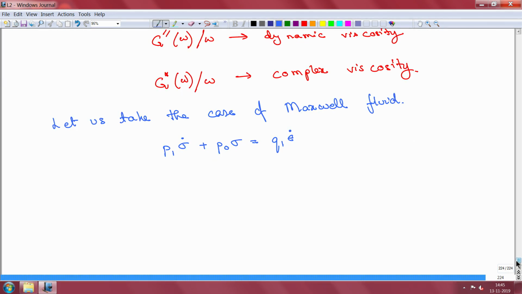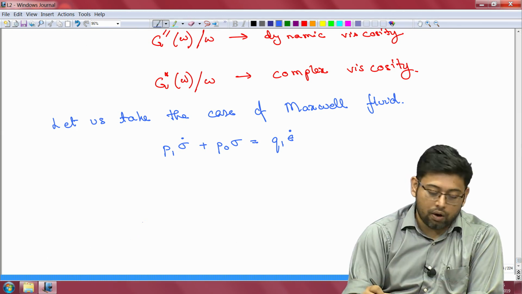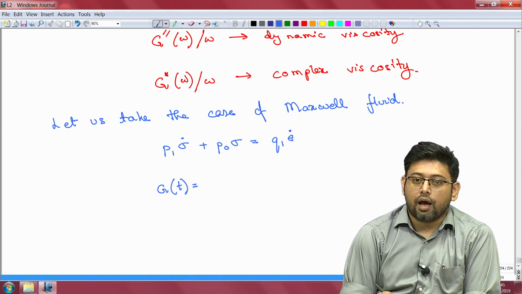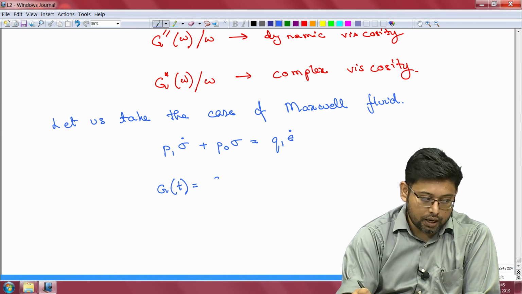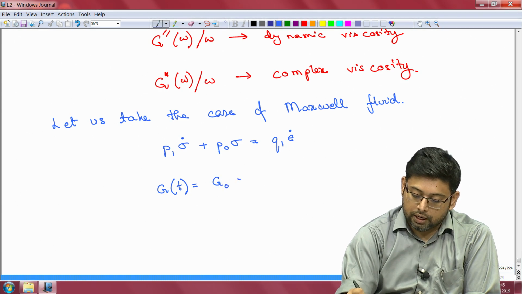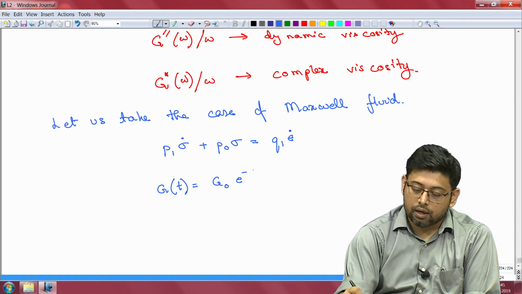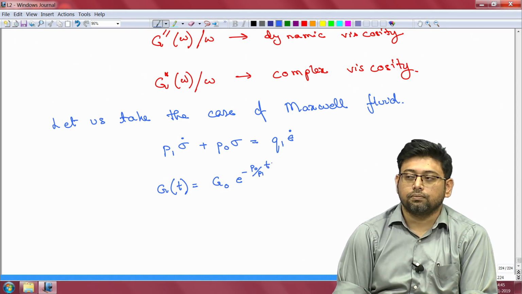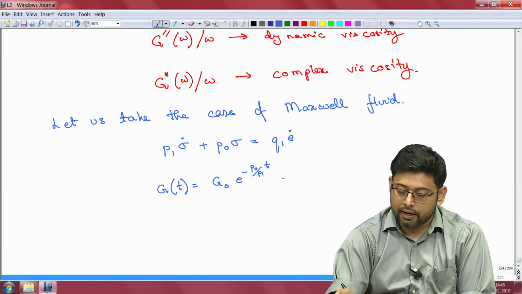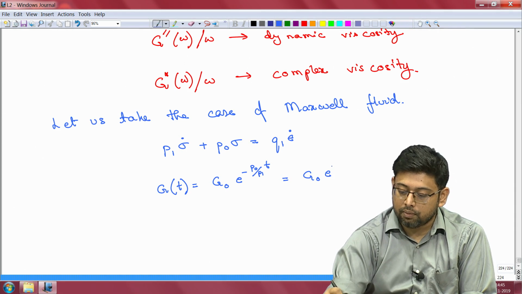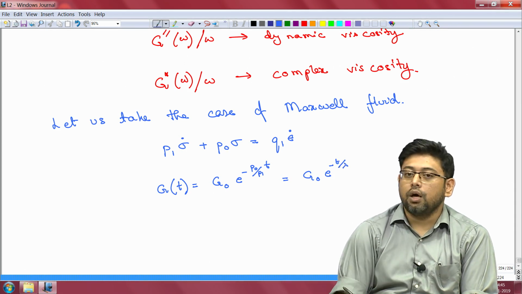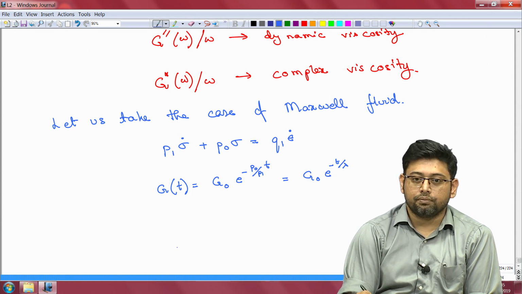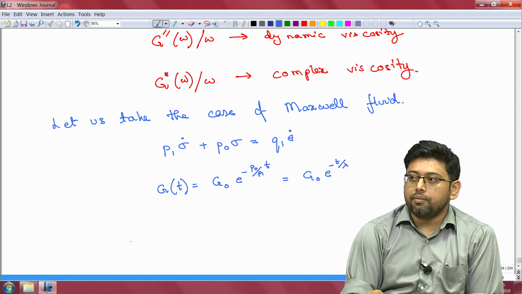And for this you had found out that the function g t had a particular form, right. It was actually g naught e to the power minus, in this particular case, P naught by P 1 t, or you could rewrite this as g naught e to the power minus t by lambda, okay, where lambda was the characteristic time scale associated with this, also called the relaxation time scale, right. So, for the case of the Maxwell fluid,